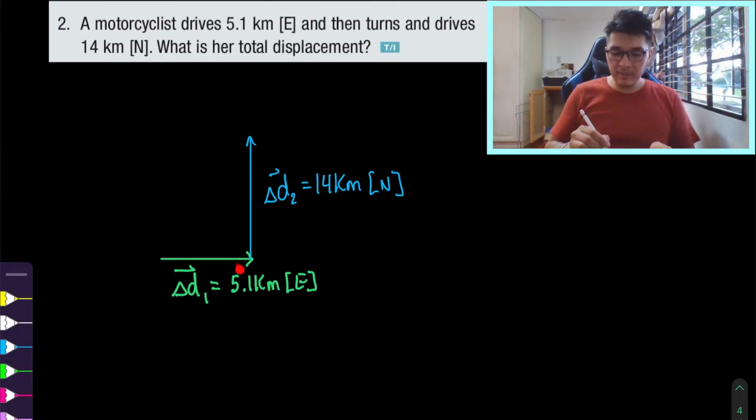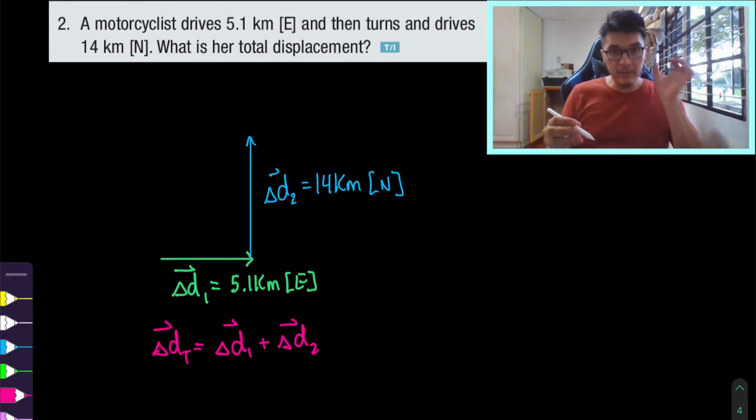Notice how these 2 vectors are connected head to tail, because if we were to add up these 2 vectors, delta D1 plus delta D2, we're going to get the total displacement, delta dt. Now, delta dt is the sum of the first displacement plus the second displacement, and we do vector addition by connecting them head to tail, and the resultant, which is the sum, is from the tail of the